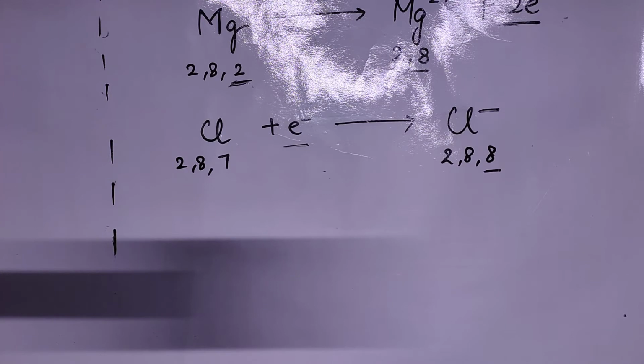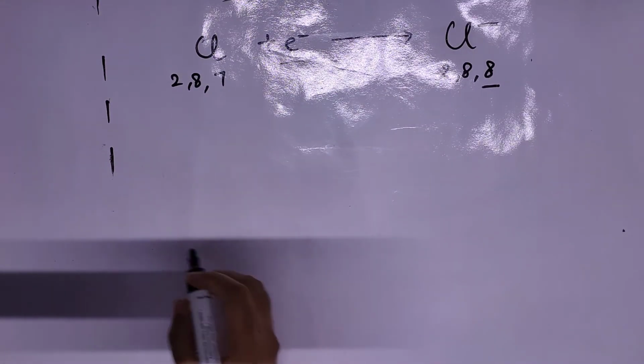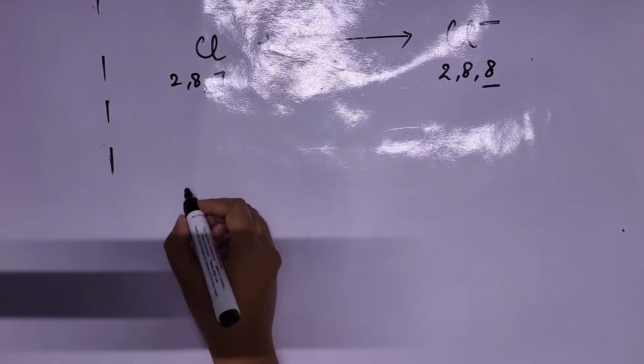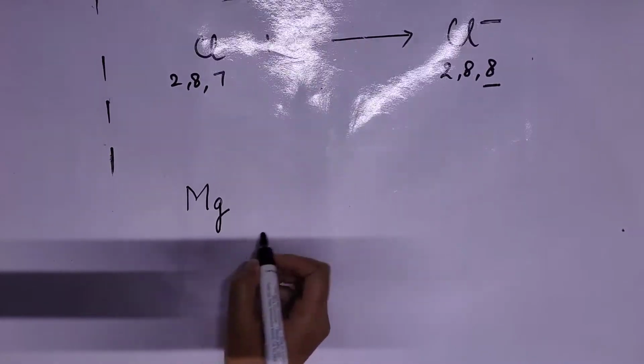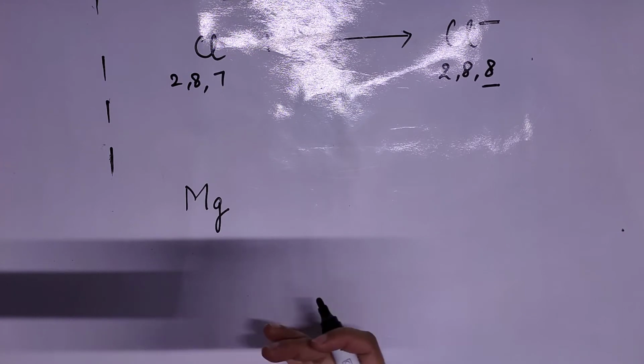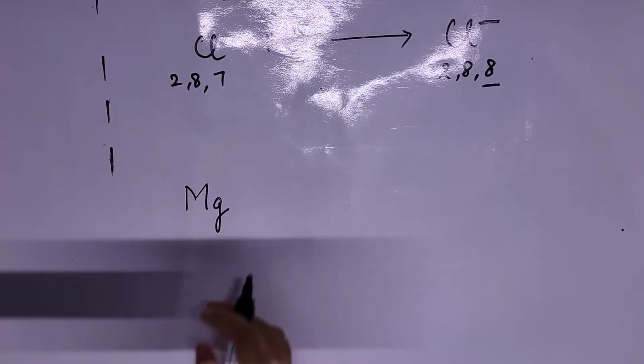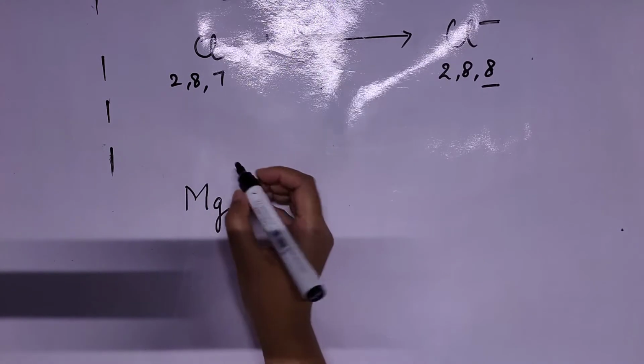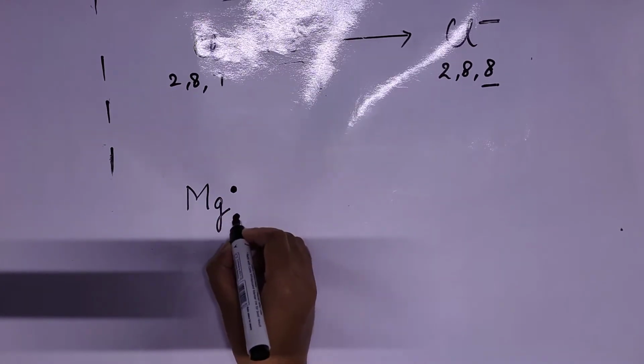Now the next two steps will actually show the transference of electron which takes place from metal to non-metal, that means from magnesium to chlorine. These are the two steps which are very important, which we are going to discuss now. For that, first of all we have to write the symbol of the metal. Then after writing the symbol, we also need to represent its valence electrons, and for metals I am generally representing their valence electrons with the help of dots. So it has 2 valence electrons, so 2 dots here.